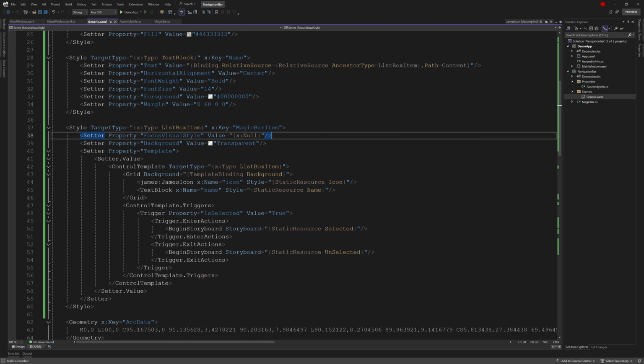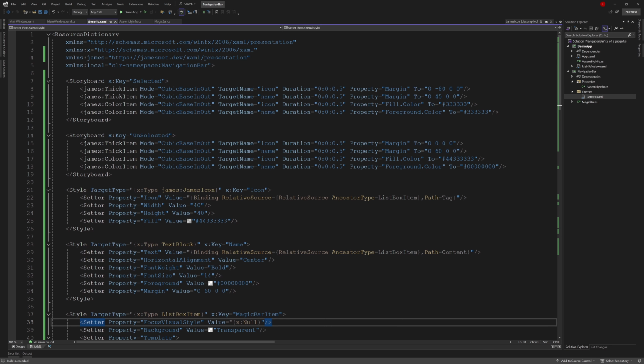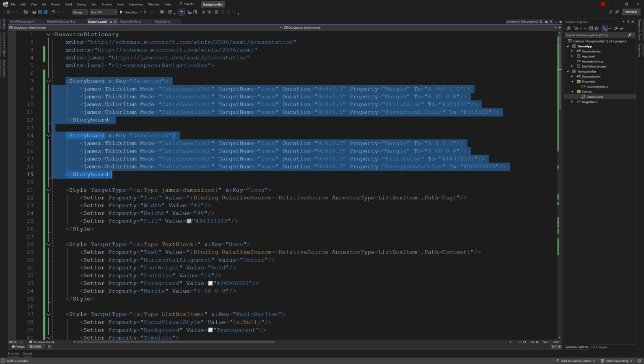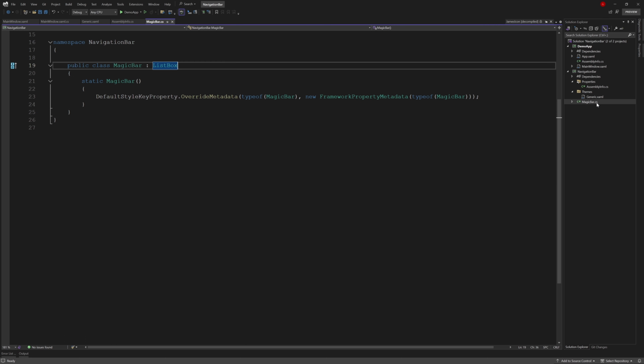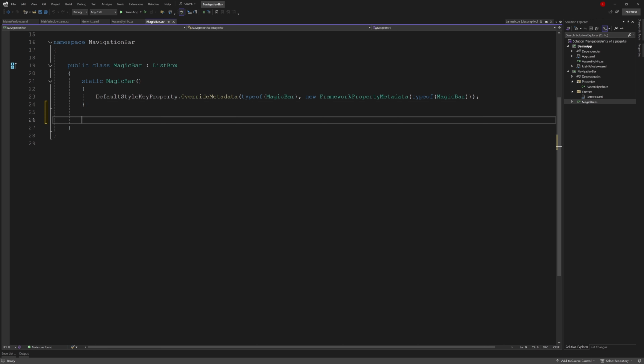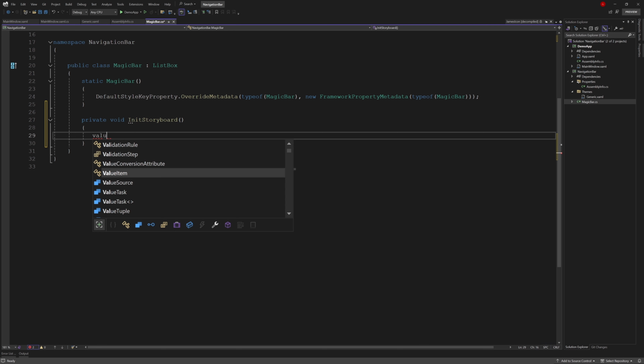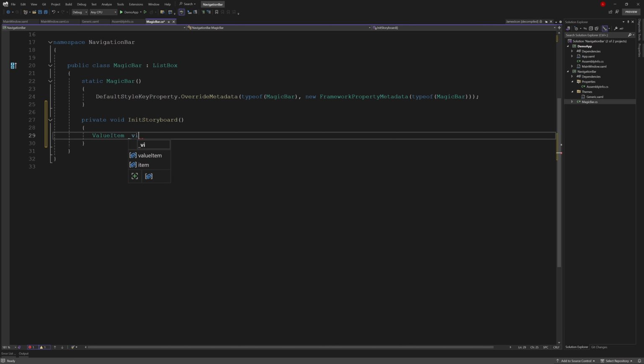Okay, next we need to handle the animation for the circle part. In XAML, the animation type is static. After setting up the storyboard, when clicked, it can move to a fixed position. However, the movement of the circle part needs to be calculated, so we can't complete it in XAML and need to implement it in C# code. First, we need to write the storyboard part. Private void InitStoryboard. Then we need a ThicknessAnimation and Storyboard. However, we can set up abbreviations, TA and SB.